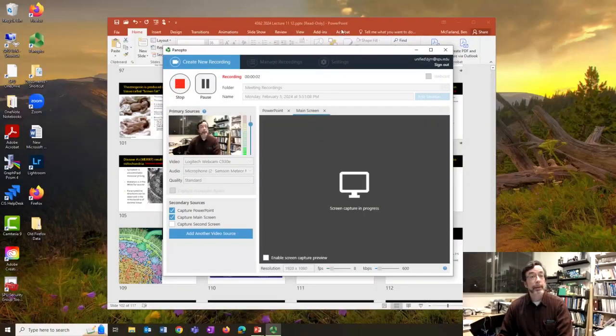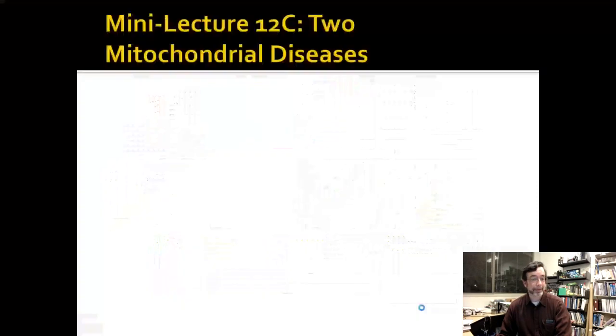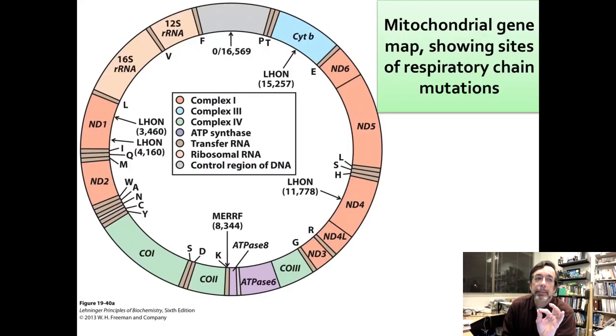All right, let's talk about a few medical reference points with this next to last mini lecture. The last one will be about evolution. So there are mitochondrial genes that will involve the electron transport chain and/or ATP synthase. And when you have one of these, remember that the chemical DNP is very powerful because it uncouples this process. These are also very powerful, but they are diseases that will have effects with your entire energy metabolism that come